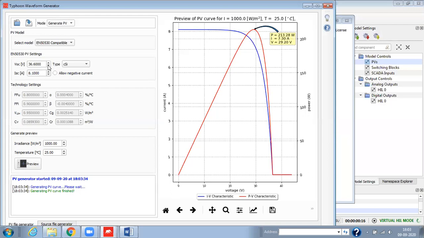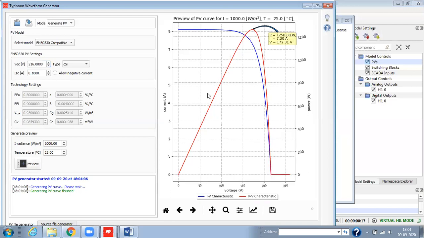Now if I want to design the PV panel with increased capacity, I'll change the open circuit voltage. Here you can observe that I have the panel capacity 1.25 kilowatt. Here I have changed the open circuit voltage only, which means I'm increasing the number of panels in series.